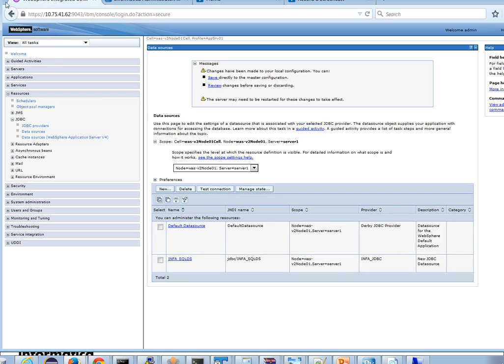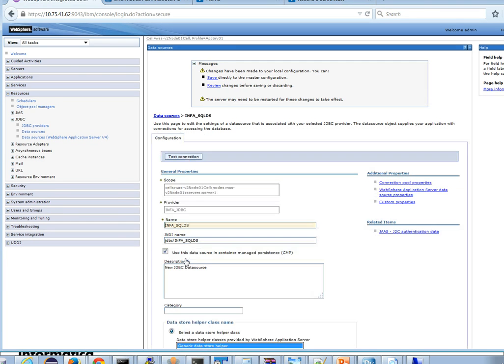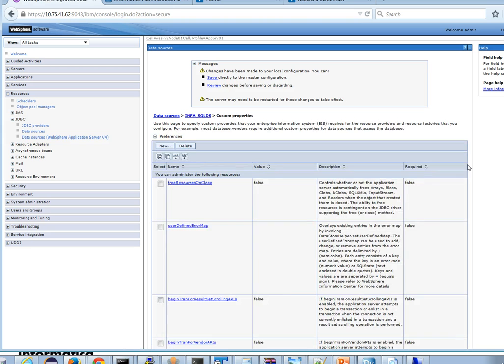Finish. Data source created. But the data source creation would be complete only after associating the SQL data service details in the data source created. Open the data source, go to custom properties,